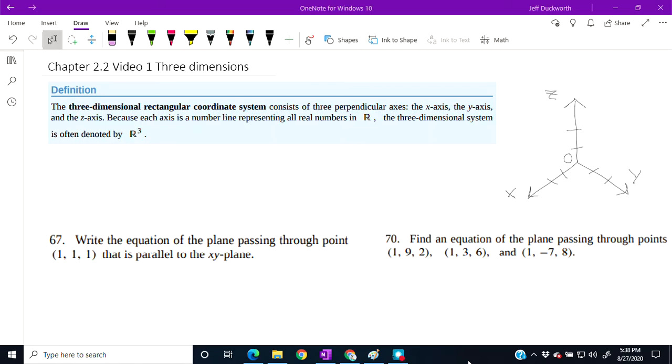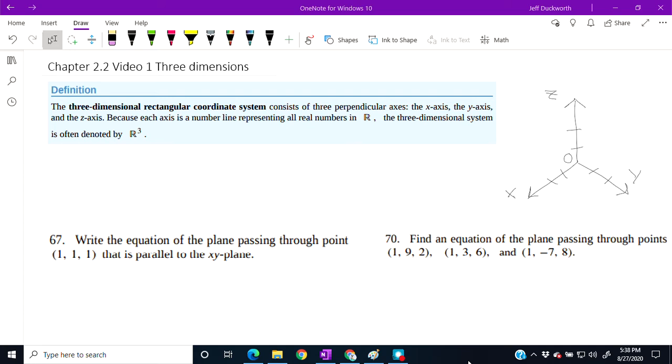Chapter 2.2 talks about three dimensions. We're going to deal with the coordinate system with three dimensions, and we're going to then eventually get into vectors. So our coordinate system has an x, y, and a z range, so for three dimensions, and as you note,